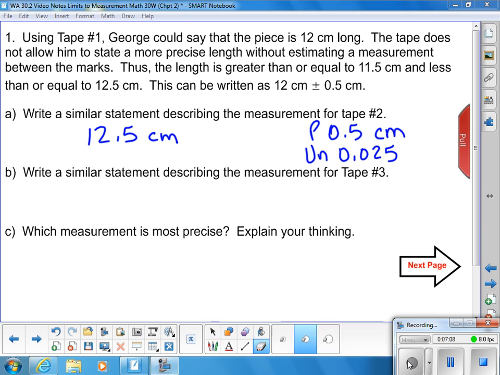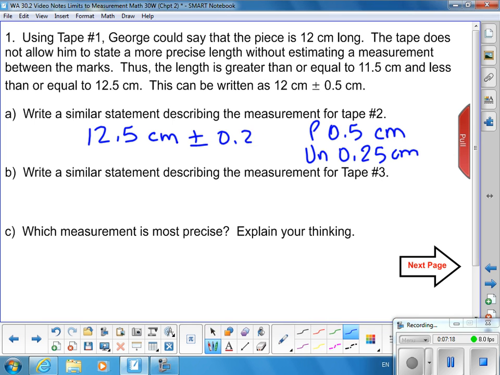Need to make a correction. Half of 0.5 is 0.25. Okay, so this would be 12.5 plus or minus 0.25 centimeters. If you use tape 3, which is in millimeters, we could say something like it was 12.3 centimeters plus or minus. So the precision is